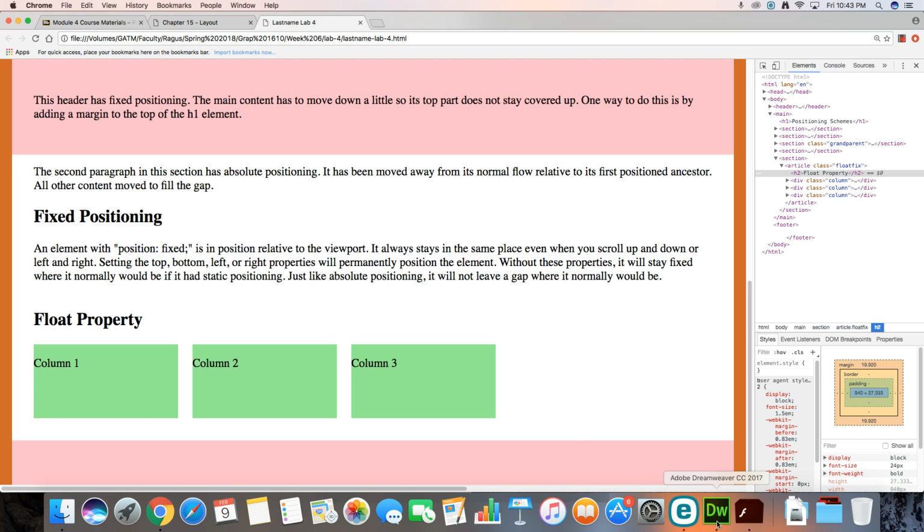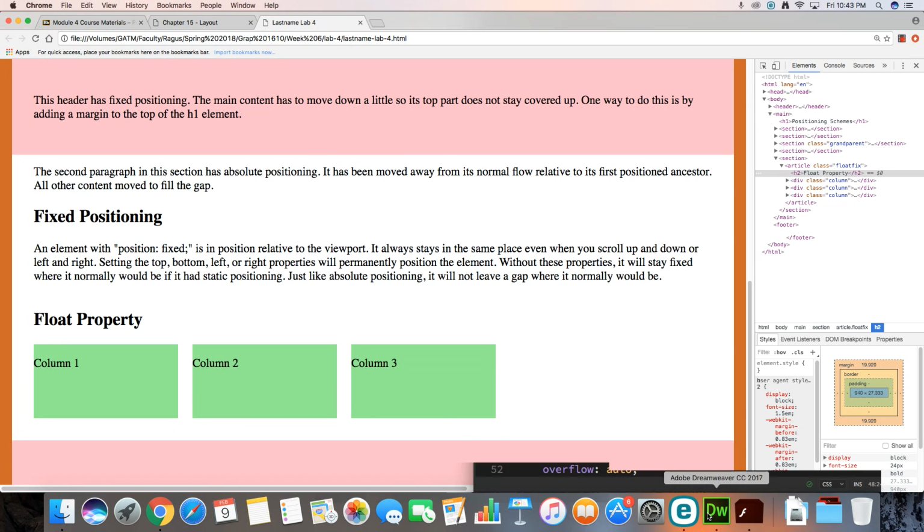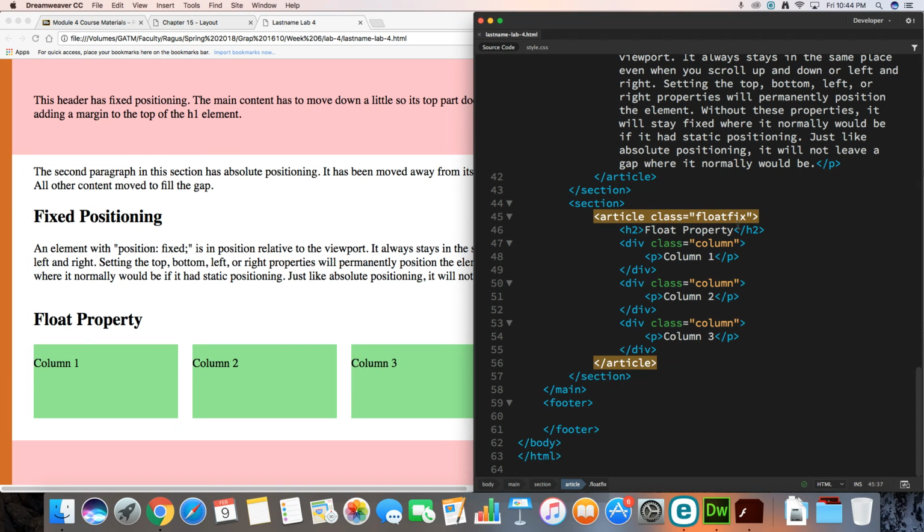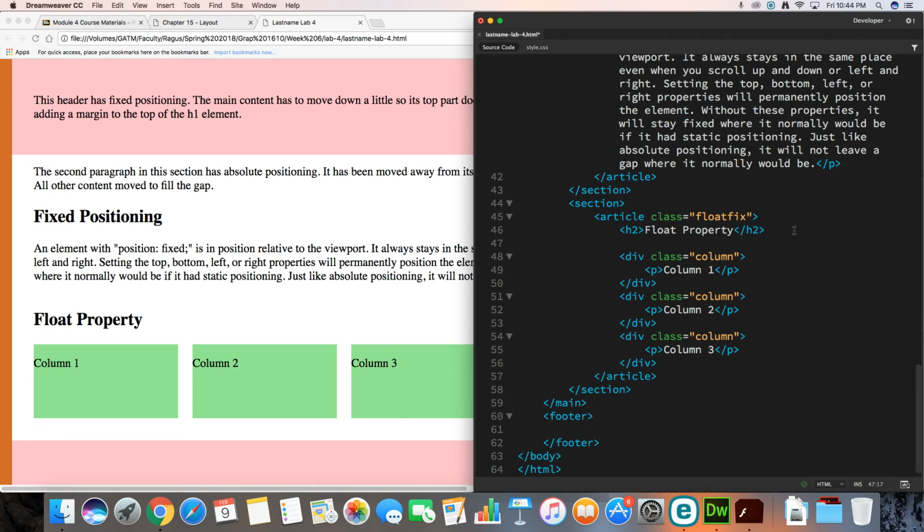Let's add a paragraph right before column 1. Go to your HTML and add a paragraph element between that h2 float property and div. Class equals column. Let's say in this paragraph,